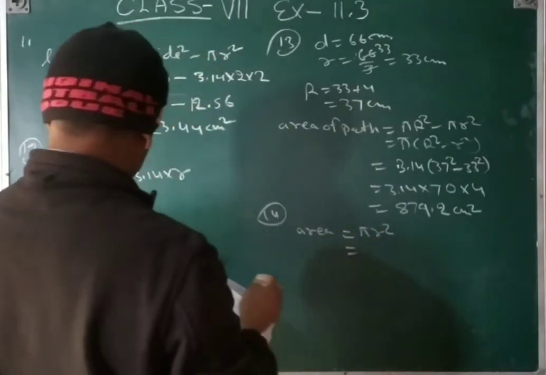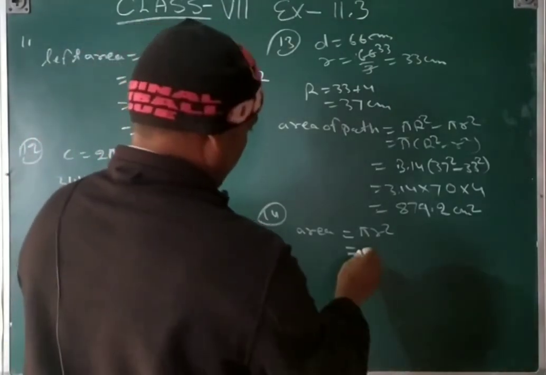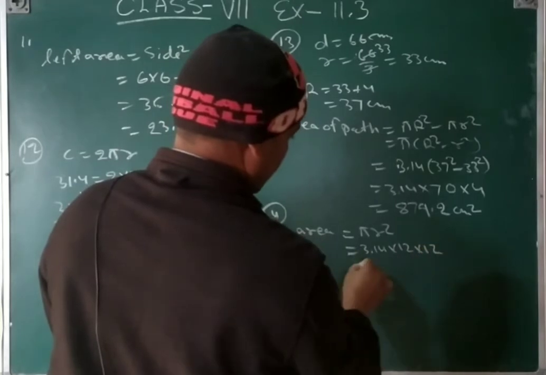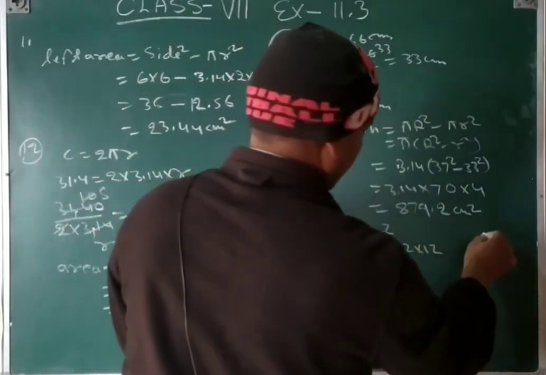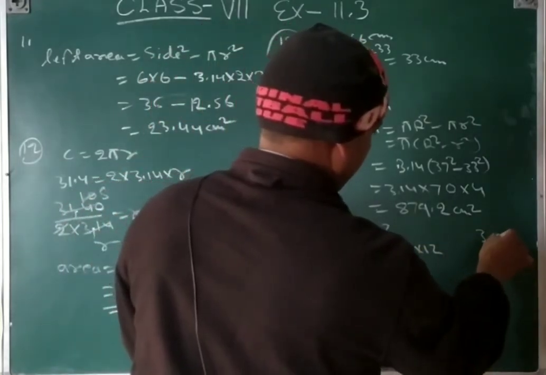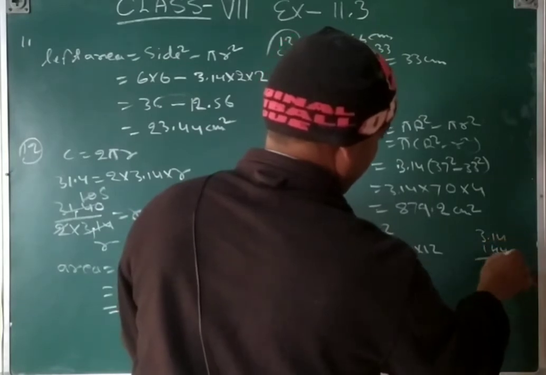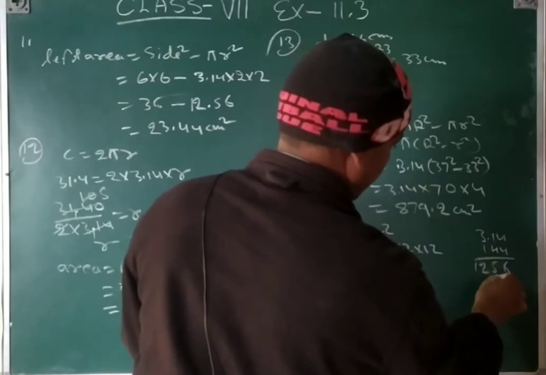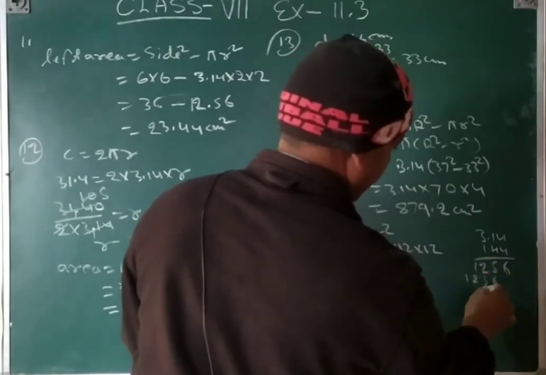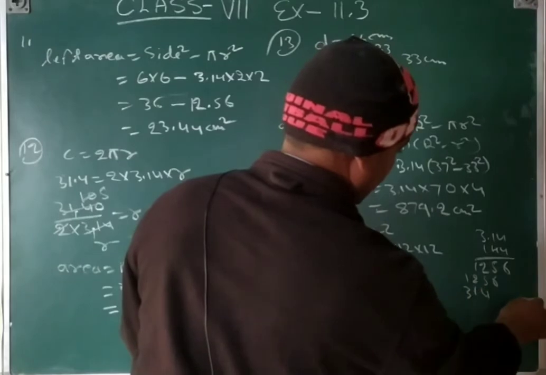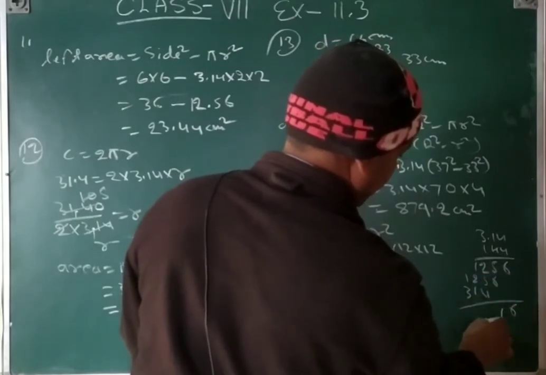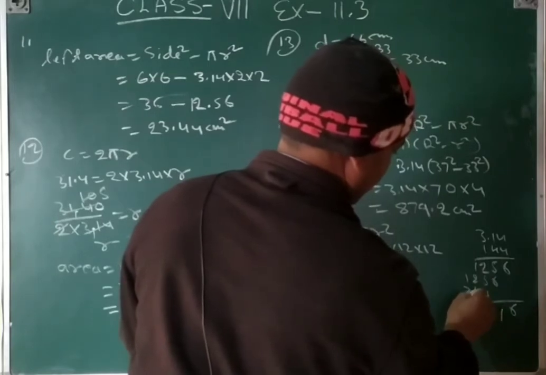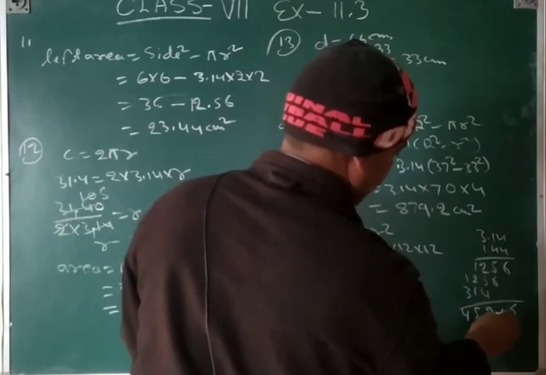So 3.14 into 12 into 12, that will be 12 12 ja 144, that is 144, and multiply that 144, 4 4 ja 16, 4 1 ja 4 5, 4 3 ja 12, 6 5 2 1, and then 4 1 3, that 6 5 11, 5 10 2 12, 2 2 4 1 5, 3 1 4, that decimal,